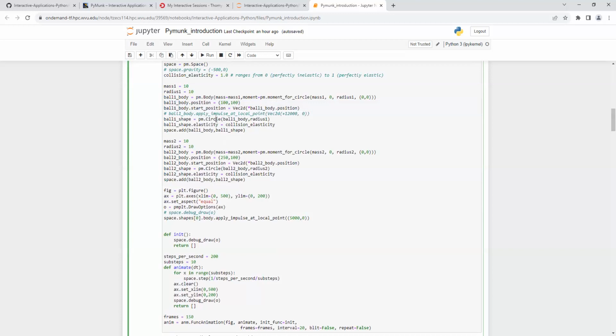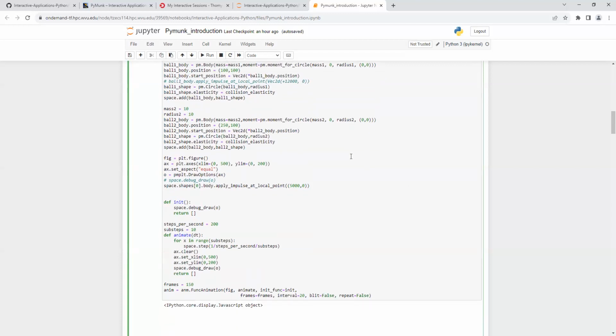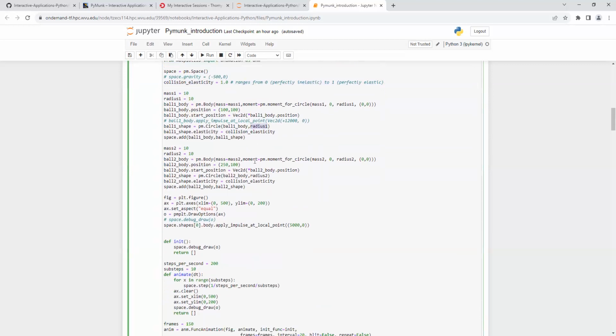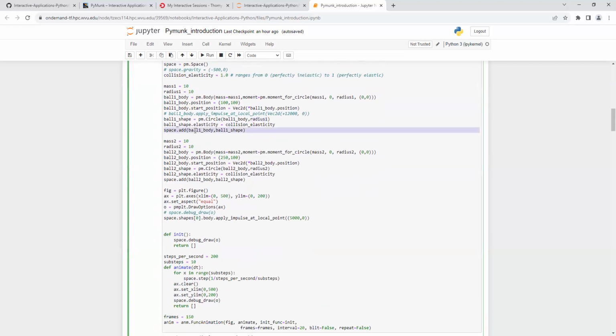And then, of course, we have to give it a shape. In this case, we're just going to use straightforward circles. And we also want to set an elasticity. We'll want to be able to control this because there are several different interesting physical scenarios we can represent here. And here we just set one value to use for both, with a convenient thing here. Of course, we have to set the radius of the circle. And then finally, the critical thing is that we add it to the space so that it shows up in our simulation. And